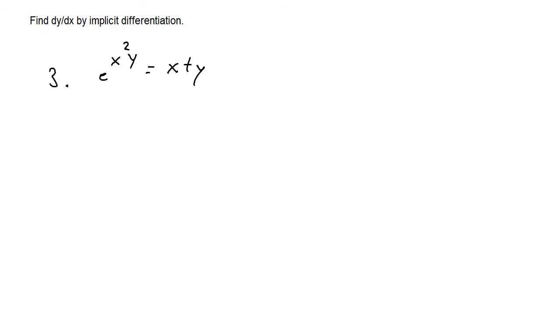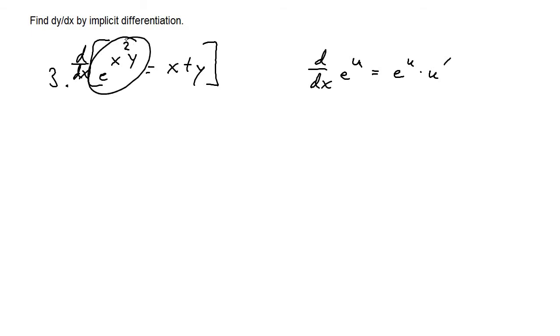Now for number 3, we have e raised to the power of x squared y equals x plus y. Once again, first step, always for implicit differentiation, we derive both sides with respect to x. So now, we have e raised to some function here, or some inside function, x squared y. And remember that the derivative of e raised to some power u, or some inner function u, we have to use a chain rule, is going to be e to the u times the derivative of the inside function, so times u prime. So if we go ahead and apply that formula, the derivative of e to the x squared